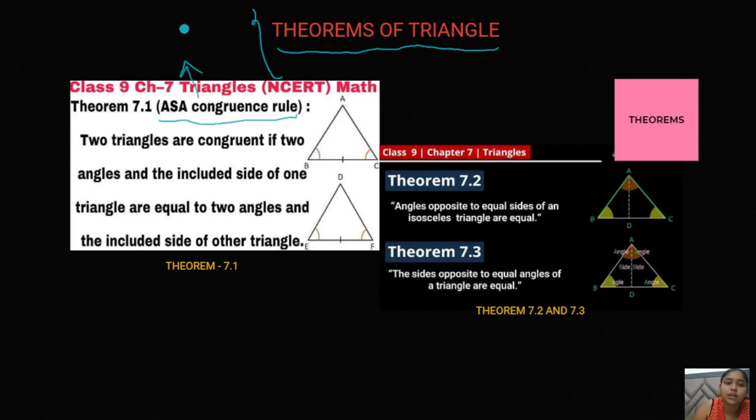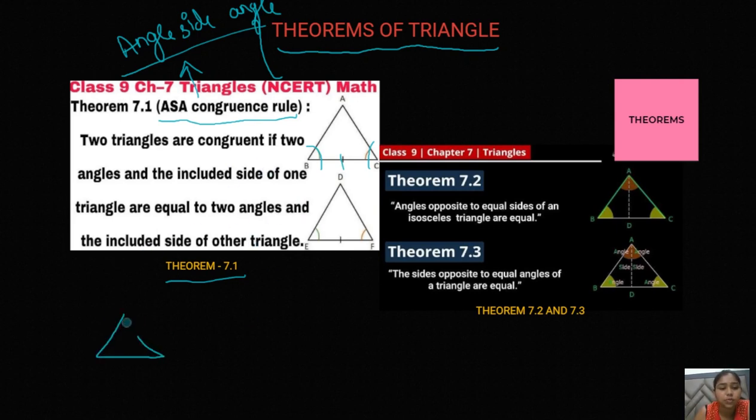This is what I explained in the earlier slide, that ASA stands for angle side angle, and always take care that you take the corresponding angle and the corresponding side to apply this congruency rule. Like this angle and this side, you just can't take any other side. You have to take only the side between the two angles. So according to theorem number 1, two triangles are congruent if the two angles and the included side of one triangle are equal to the two angles and the included side of the other triangle.